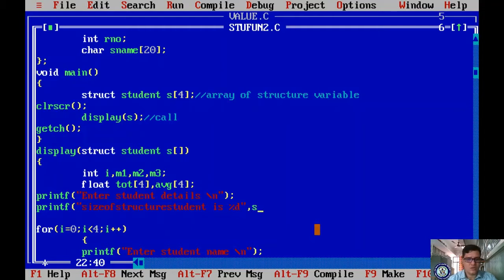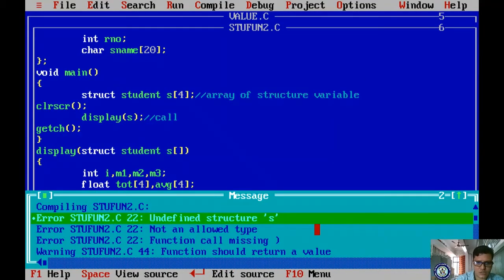Now let us display the sizeof operator of struct. What is the variable? Yes, right. Okay, now let me save it and compile it.